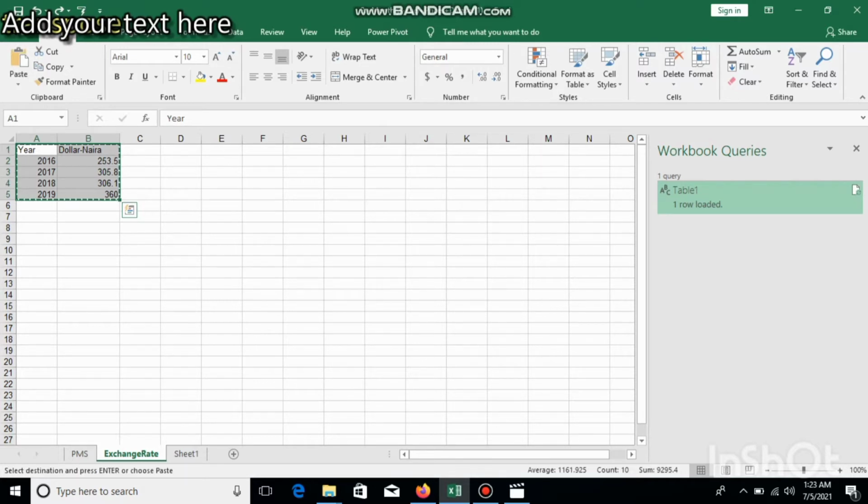Count the rows and columns, because after this we have to give that much space, then we can do transpose. See, I have taken 5 more spaces.